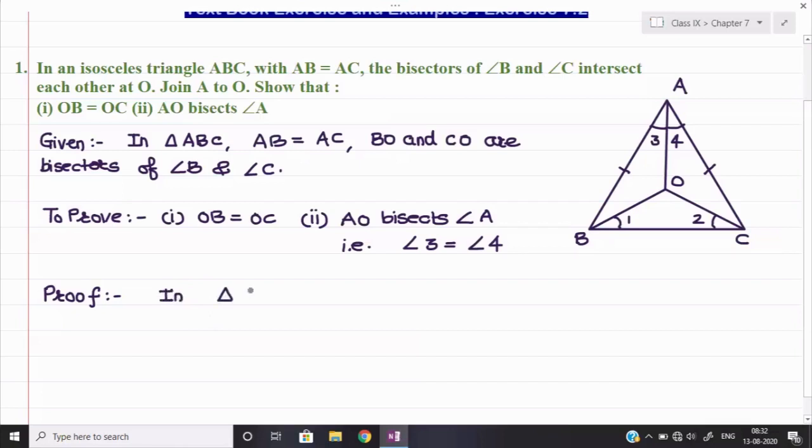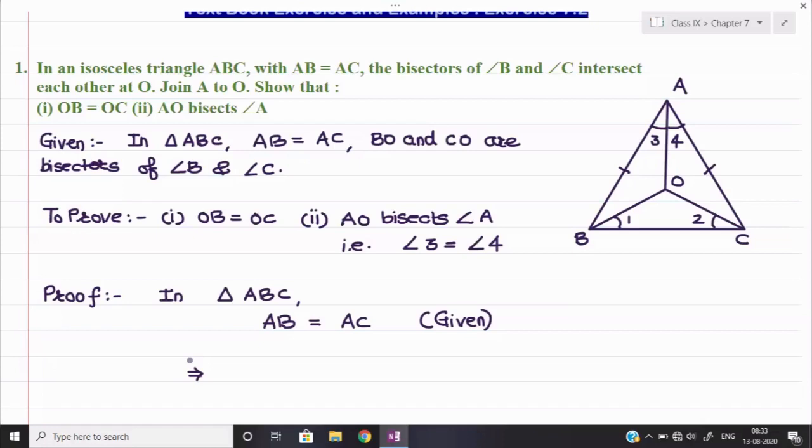In triangle ABC, we have been given that AB is equal to AC, that is given in the question. So we are taking AB and AC as equal with the help of the given things. Now, just now we have covered the isosceles triangle theorem. So we know that if in a triangle ABC two sides are equal, then the angles opposite to them will also be equal. So now look only at triangle ABC; the lines we have drawn inside the triangle, erase them from your mind for some time.